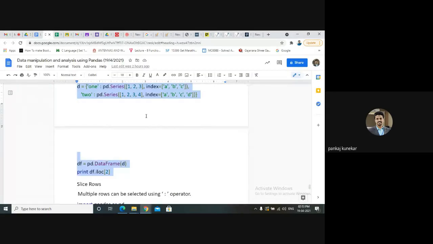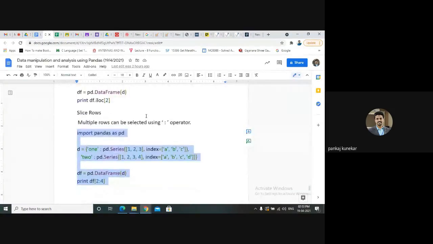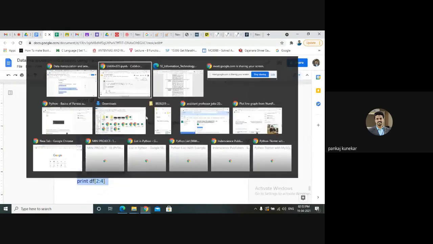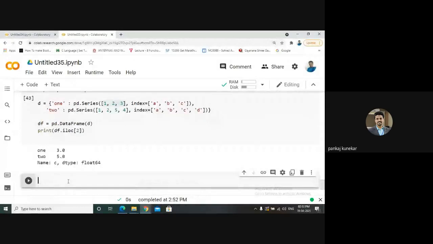We can select row elements by using the LOC function with the label of your data frame, and the ILOC function with integer location. And we can slice rows, a simple operation using a colon operator. This is row selection using slicing.